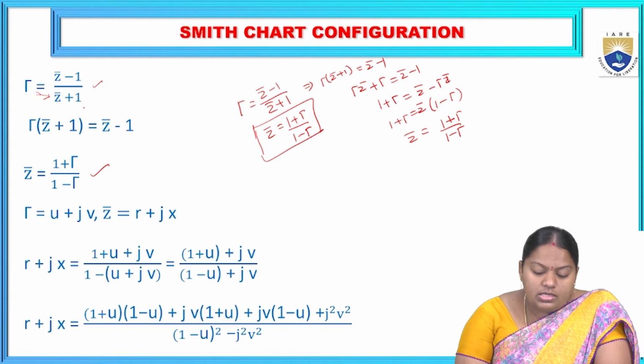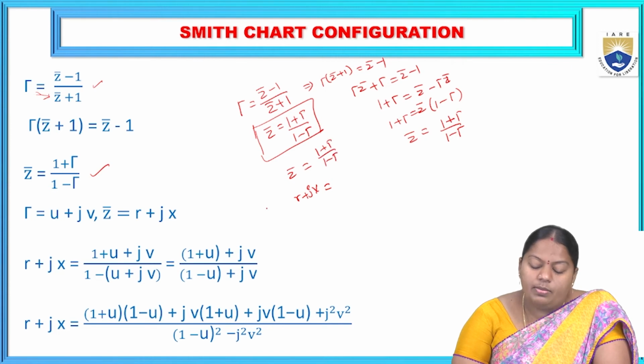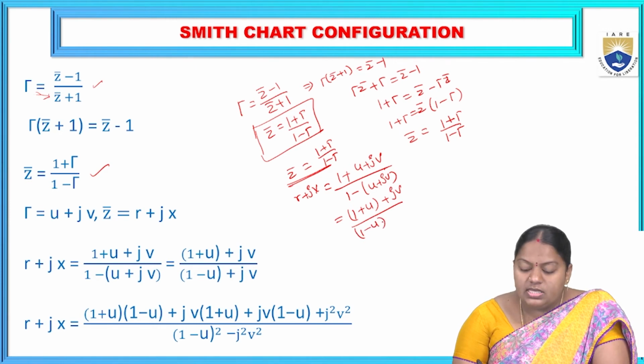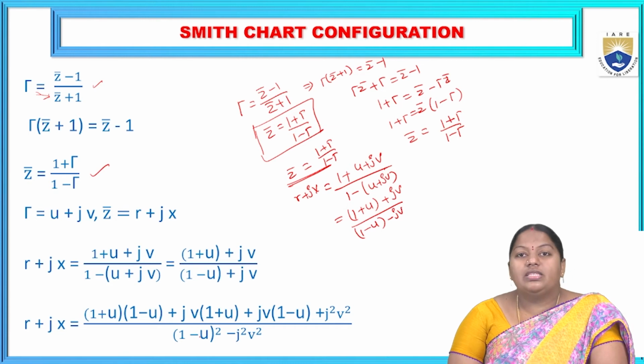Okay. Now z bar means what we have considered here. z bar equal to (1 plus gamma) by (1 minus gamma). Now consider this is the relation. In that we just substitute all the complex forms as r plus jx equal to, and 1 plus gamma means (u plus jv) by (1 minus u plus jv). Okay, which is equal to (1 plus u) is the real term plus jv, by (1 minus u) is the real term